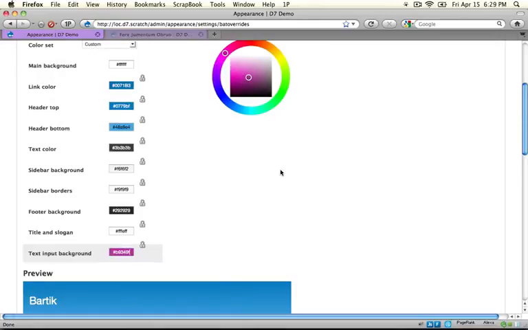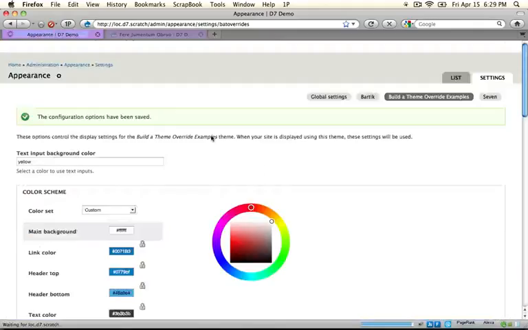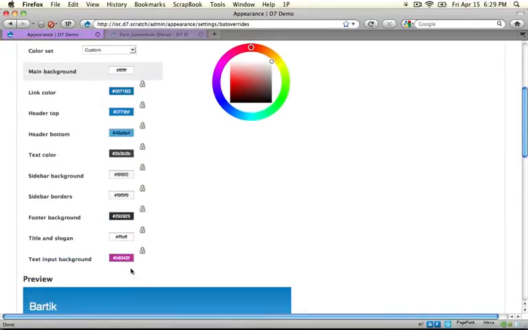And actually we could save it too if we wanted to. I'm going to go ahead and click Save Configuration. And I'm going to scroll down and you'll see our item here. So that's a whole lot of work done with very little input. All we had to do was add a line to our fields array inside of our color.inc file, as well as each of the schemes.